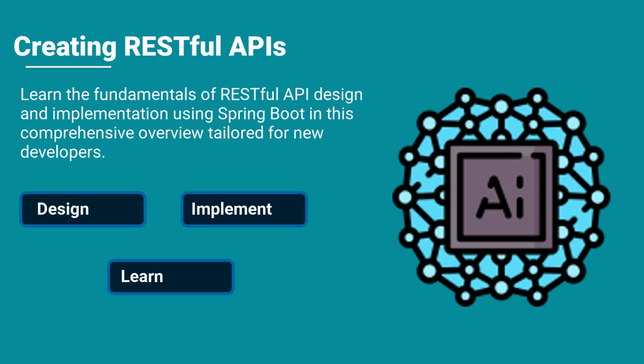REST stands for Representational State Transfer, and it's an architectural style that uses standard HTTP methods like GET, POST, PUT, and DELETE to interact with resources. But what does that mean in practice? Simply put, it allows different systems to request and exchange